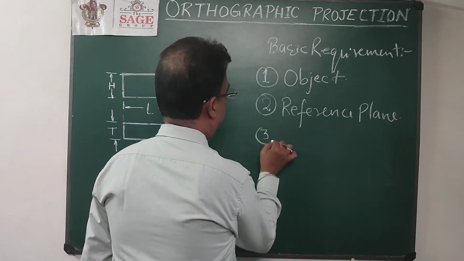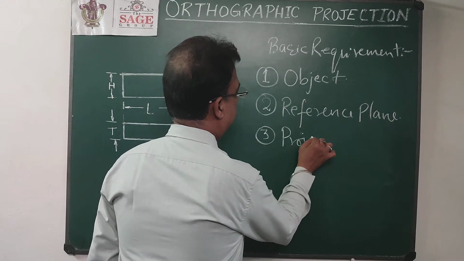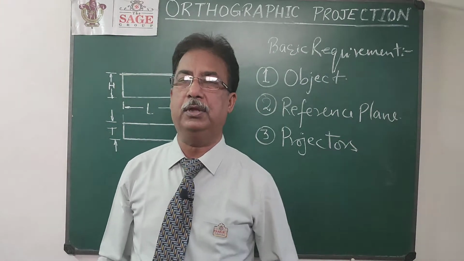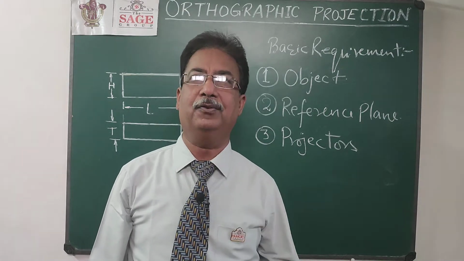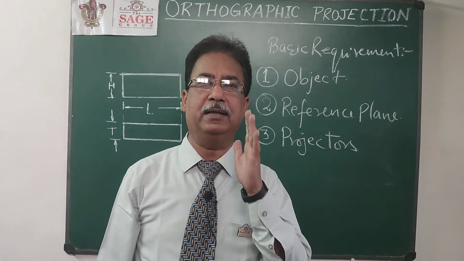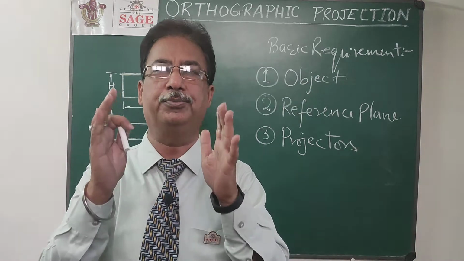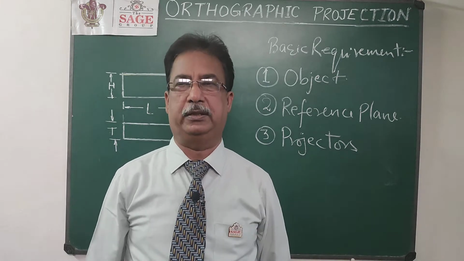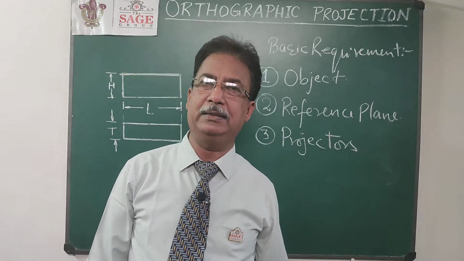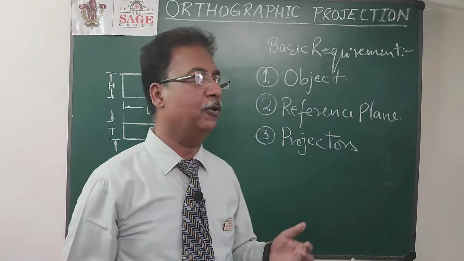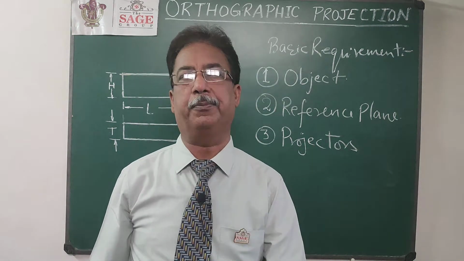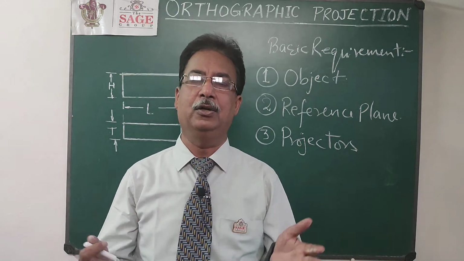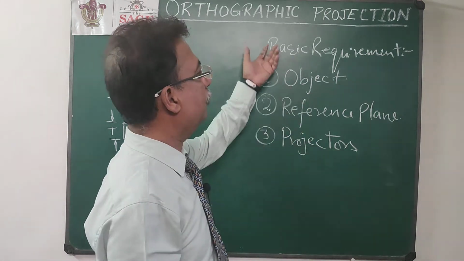Third will be the projectors. Last time we discussed about this. These projectors are actually the lines drawn from the object to the plane. You can say that is the light of source or ray of sight. If I am looking at something, then my ray of sight goes through that object and hits the plane, and those ray of sight is known as projector, or you can say the light source. So that is imaginary line, but that is the most important line. And also we already discussed that these projectors must be perpendicular to the plane. Then we will get the object of the true size, that will be the real size of the object in the projection. So that's why I am interested for orthographic projection.